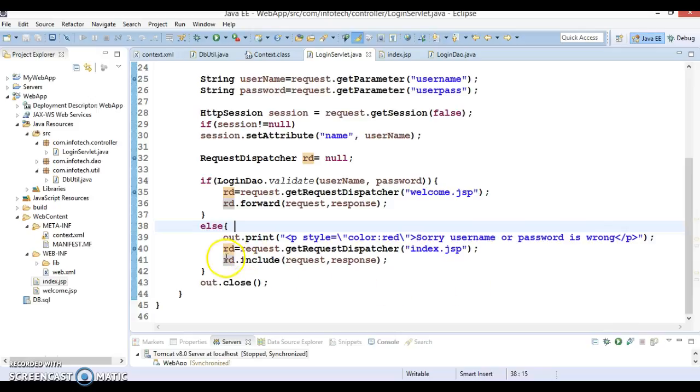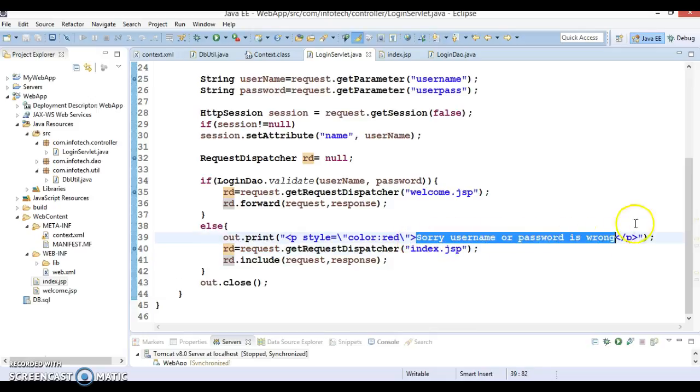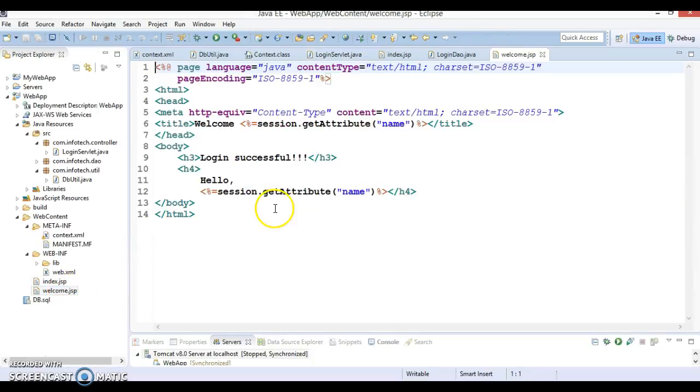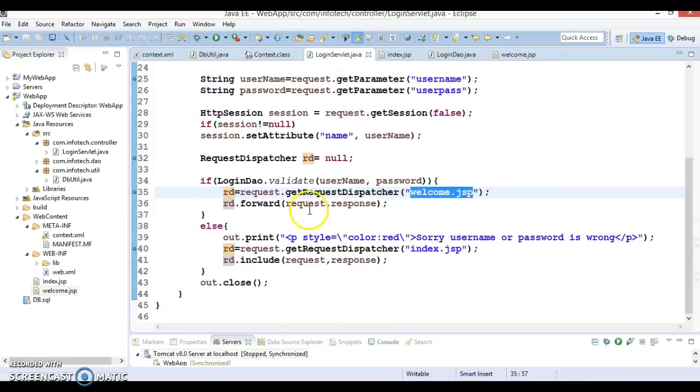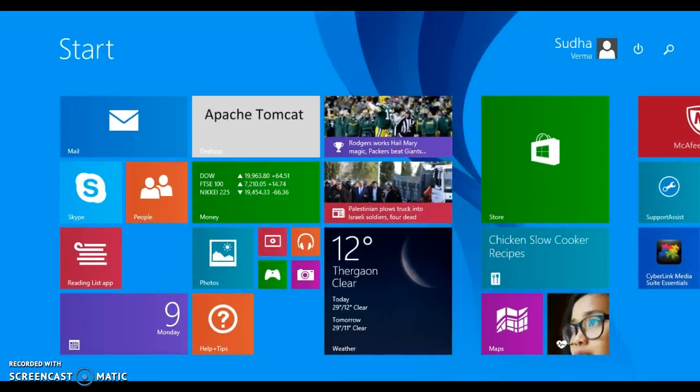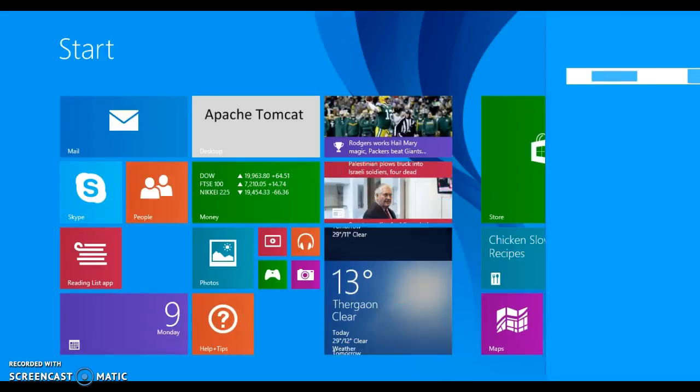So that's it all. And finally, I'm not redirecting, but just staying on index.jsp itself and trying to print this message. If the user is valid, then I move on to the welcome.jsp page, and welcome.jsp just prints the username with a welcome message, and that username I had set in my session scope itself, so I'm trying to print that. So let me show you this. And the database I have already, let me show you my database. I have MySQL database,